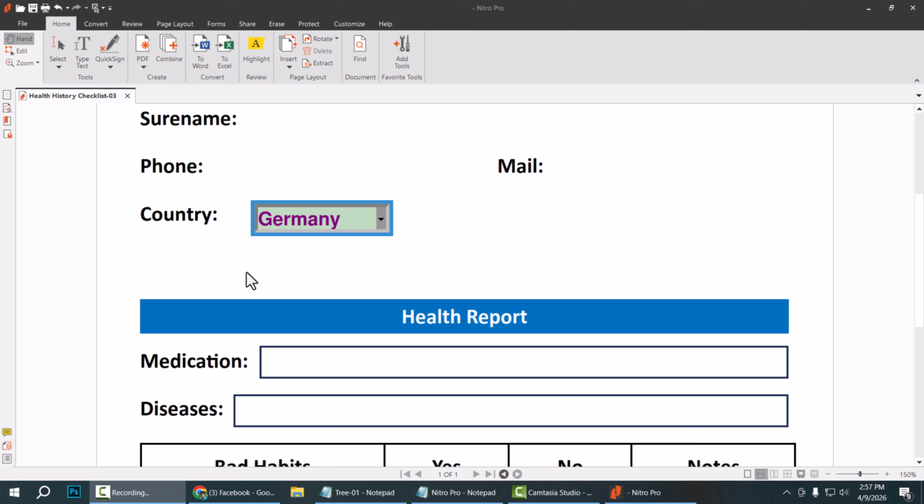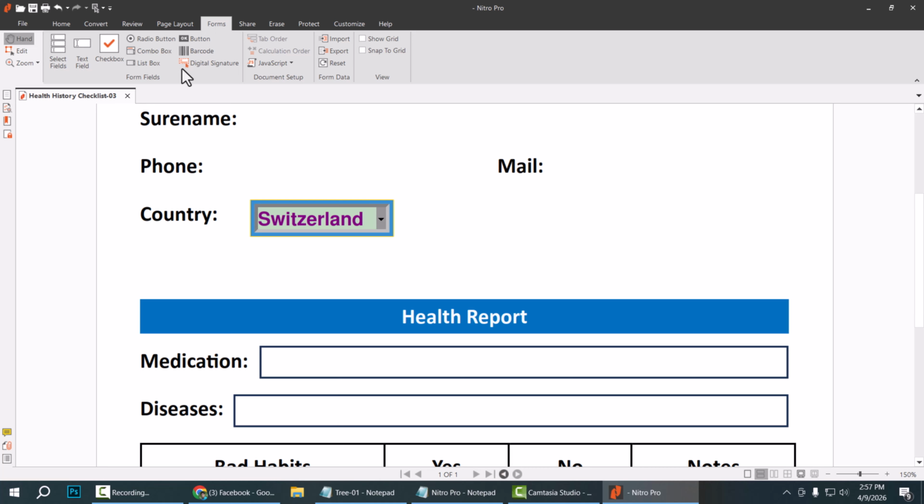Hello everyone, today I'll show you how to edit a drop-down combo box fill color or background using Nitro Pro PDF Editor. This is my drop-down combo box and I'll edit this combo box fill color. Now select this form option and select fit, drag your mouse cursor to select your box and press the right button for